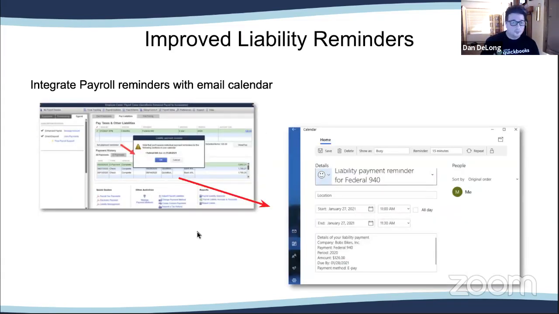There are improved liability reminders, and you can now integrate your payroll reminders with an email calendar. Now, this is only for desktop, when you have a desktop email client. What I mean by that is if you have Outlook or an email program that has a calendar associated with it. If you're using Gmail or webmail-based email, it's probably not going to work that way, because it has to detect that there is a default email on your computer. So you can create a reminder for yourself inside the calendar